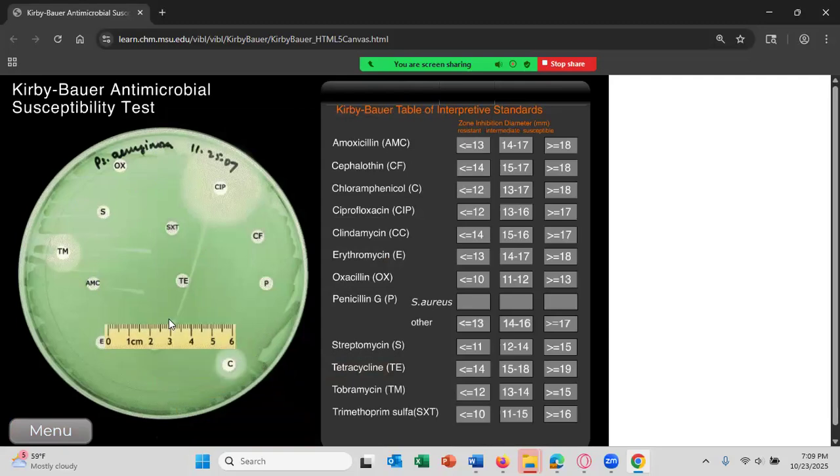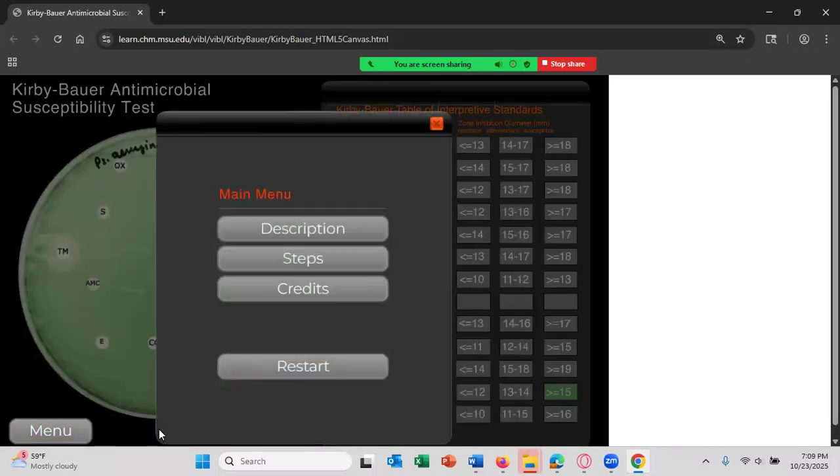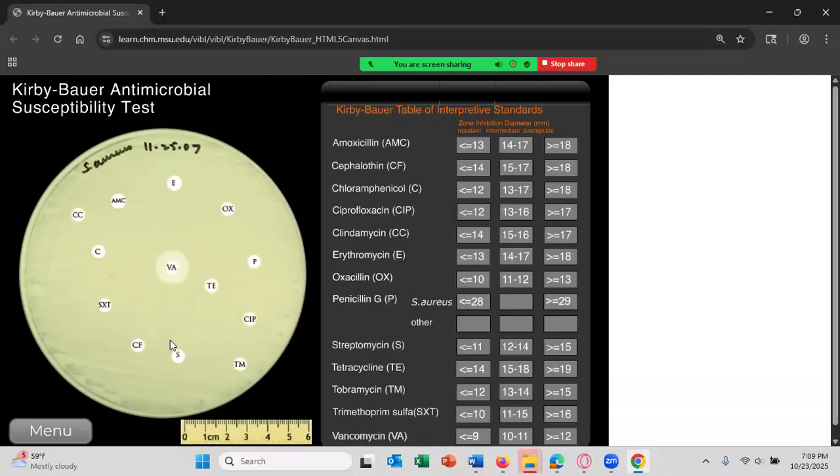And for TM, let's go ahead and do about there. So maybe 18. TM. So it's greater than 15, so that's correct. So go ahead and do that for Pseudomonas aeruginosa, and then hit the menu again because we've got 3 plates here. Hit restart, and there you see Staphylococcus aureus,